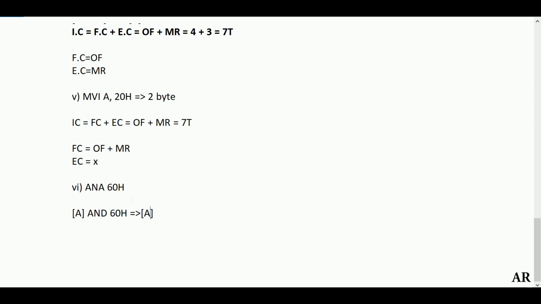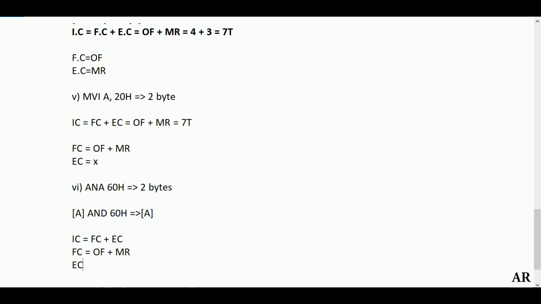So what is the instruction size of this? It is 2 bytes, because 60H itself will take 1 byte and ANA will take 1 byte by itself for storing the hex opcode. So here, if I just copy this part and paste it here. What is the fetch cycle? Opcode fetch. What about your next part? That is 60H. 60H again has to be fetched from the memory. So the fetch cycle will be opcode fetch plus memory read.